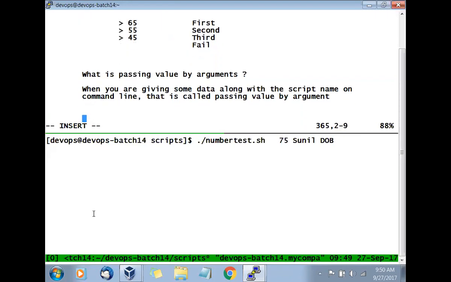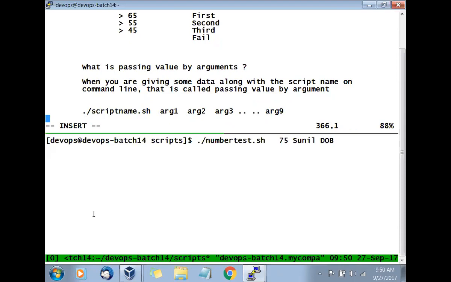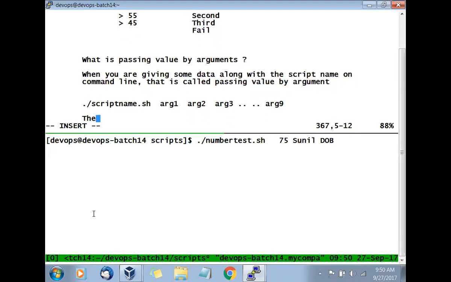Now, how many arguments can you give? You can say number test, for example, my script name, then argument 1, argument 2, argument 3, and so on. Up to 9 arguments you can give. The arguments need to be space separated.